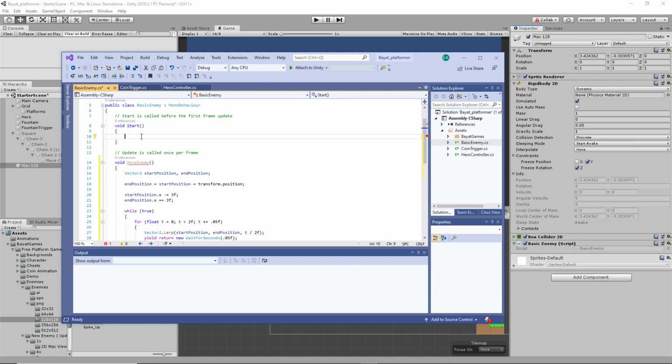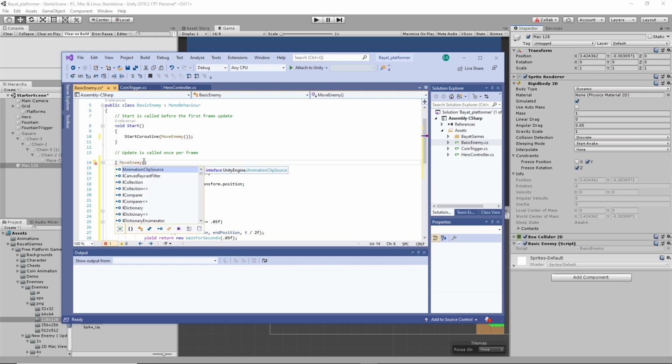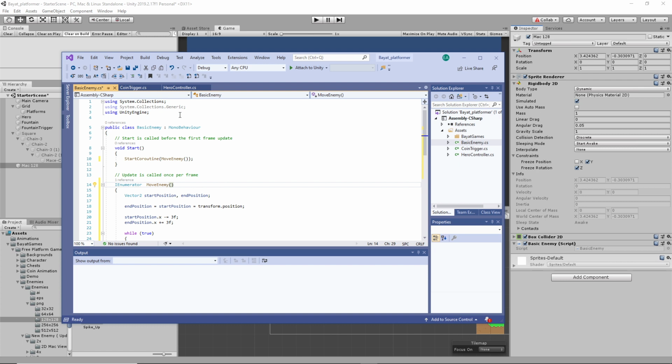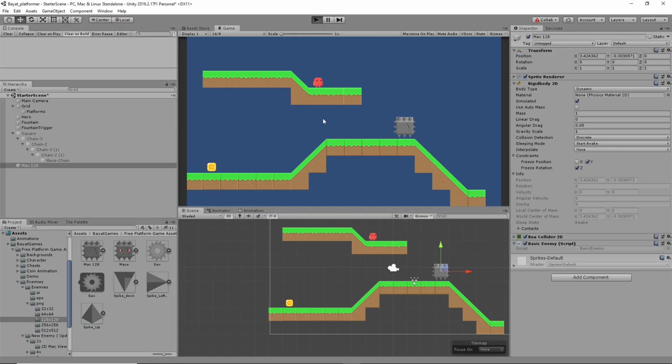So that is our coroutine. And in the start, we're going to say start coroutine. And the coroutine is going to be move enemy. Now there's one thing that's not quite right yet. We really didn't set that up as a proper coroutine here. It should be an IEnumerator, and now we're good to go. All right. So this enemy, basic enemy, has one thing it can do. It can move left to right. And let's see if it works. So there he is. That's his position. And if all goes well,